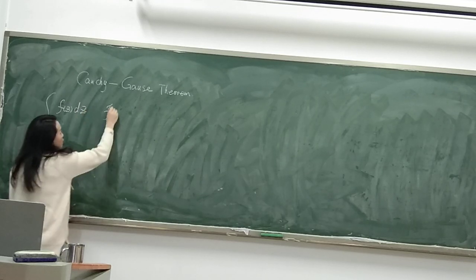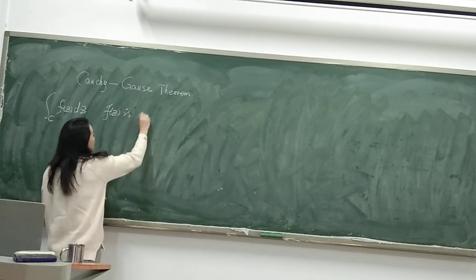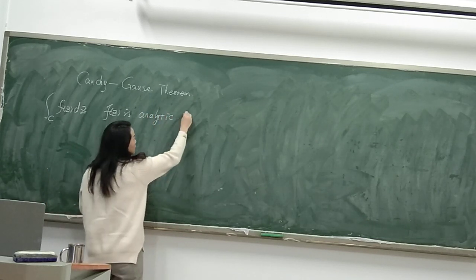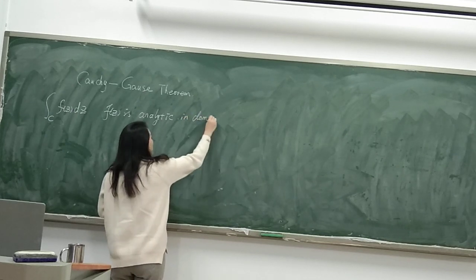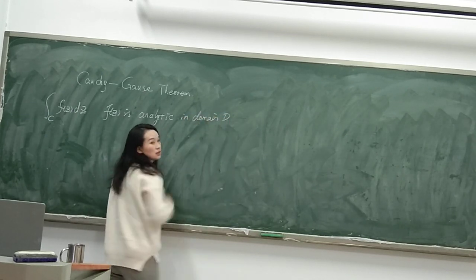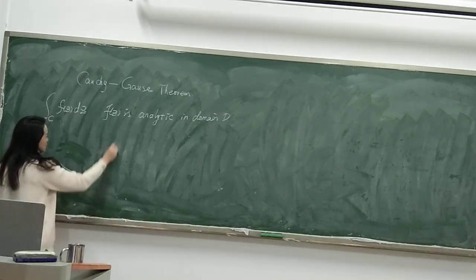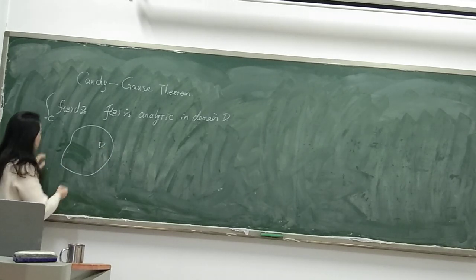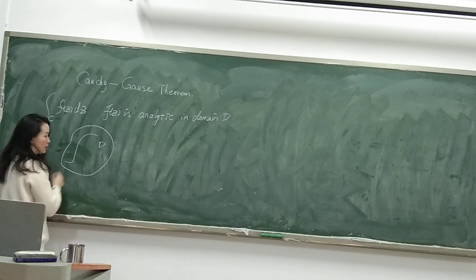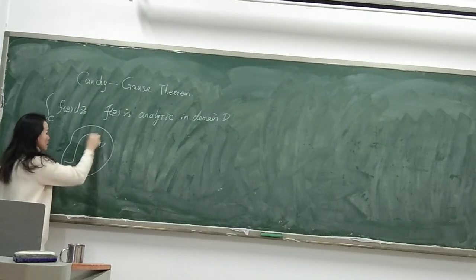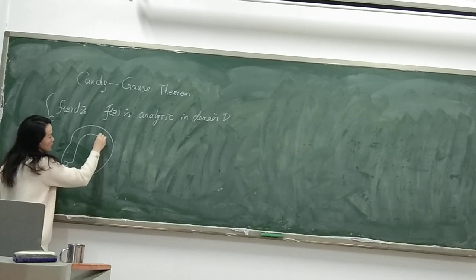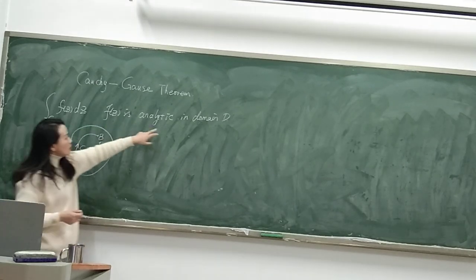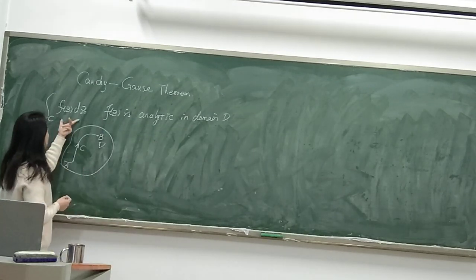We know if f(z) is analytic in a domain D, this D is a domain. If C is in this domain and C is open, this is the beginning point, this is the end point, this is C. We know if f(z) is analytic in domain D, then this integral